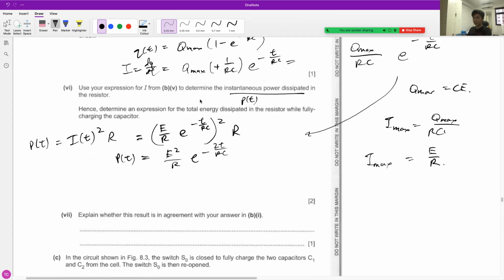So what's the total energy dissipated? It's just going to be the integral of this with respect to time. So the total energy dissipated across all of time is just the integral of this from t equals 0 to t equals infinity, because the capacitor is only done charging when it asymptotes towards the fully charged state. It never actually reaches it. So when you put t equals infinity over there,